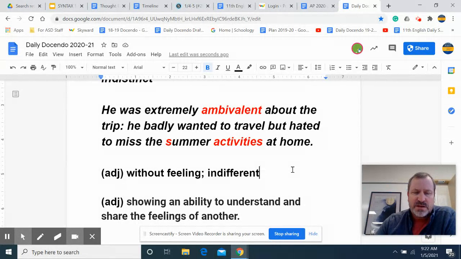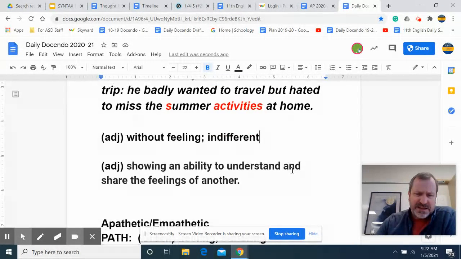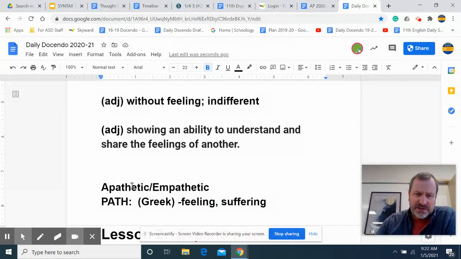And you might remember that there's a root that has to do with feelings, as in pathos. So this is a little retrieval practice. Without feeling, indifferent, is apathetic, without feeling, right? And then showing an ability to share the feelings of others, that's empathy. So again, it comes from the Greek root having to do with feelings or suffering.